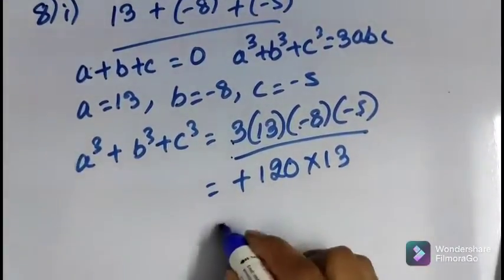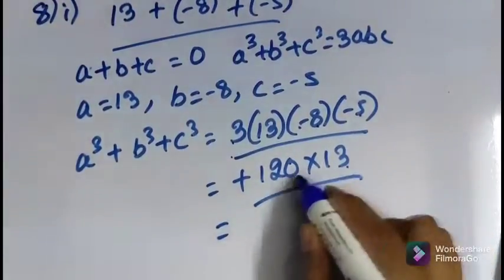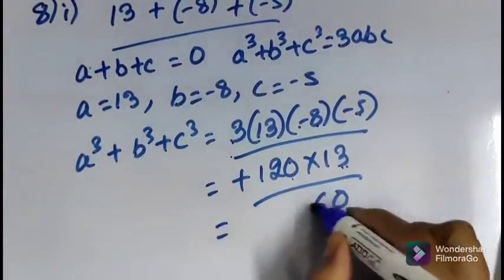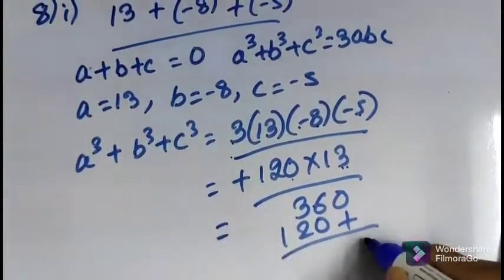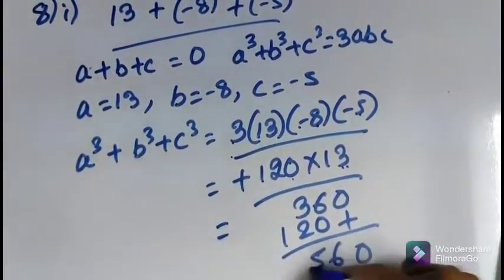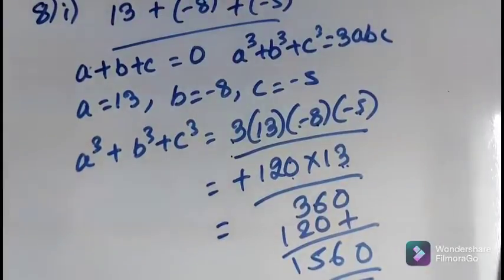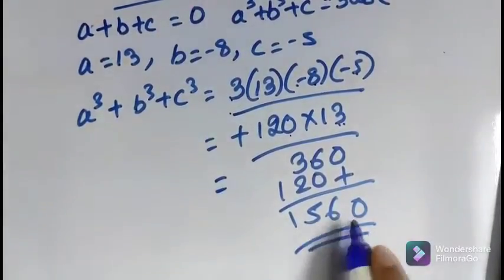So let's find out. So 3 into 0 is 0, 3 2s are 6, 3 1s are 3, plus 1 2 0. Answer we get is 0 6 5 1. So this is the final answer, 1560.